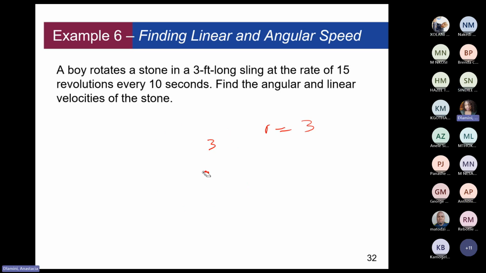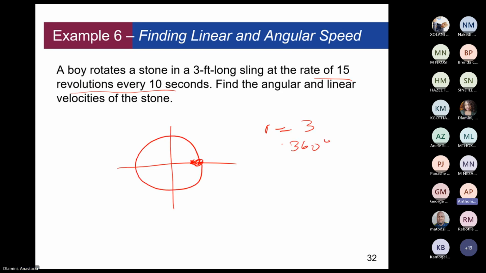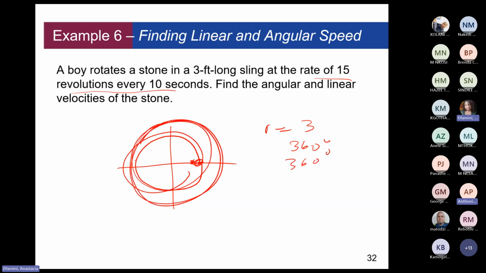Now, yes ma'am. They're saying that he rotates 15 times every 10 seconds. Now they didn't tell us how many 10 seconds he did, so we'll assume he only did 1 ten seconds. When you are talking about a revolution, you're talking about one complete circle. So you start here on the XY, you go 1, that's 360. You go 2, that's another 360. You go 3. And then you do 15 times, right? And since it's 15 times, guys, someone is talking. And since we're doing it with radians,